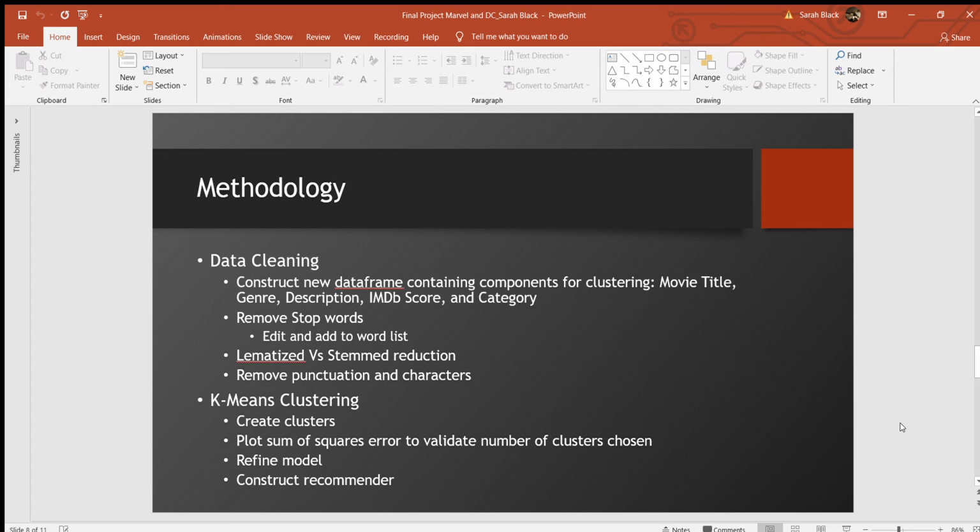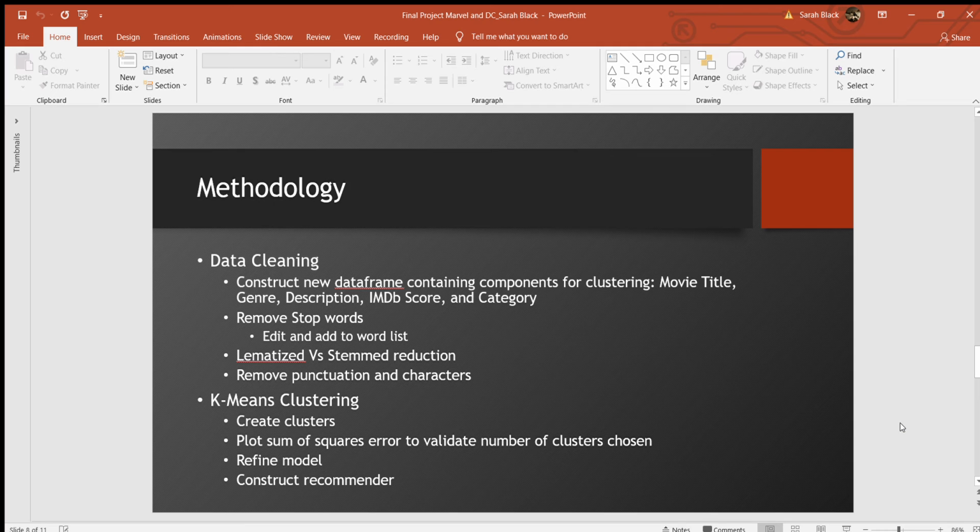So when it fed into the recommender system, or when it fed into the clustering algorithm, it was very hard to follow and understand what was going on. And then also we made sure to remove all punctuation and special characters. That included, especially in the genre, removing a lot of commas and hyphens, and colons also from title.